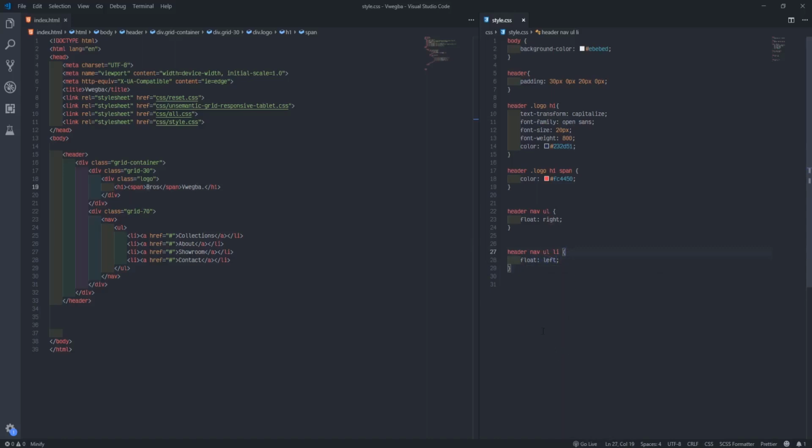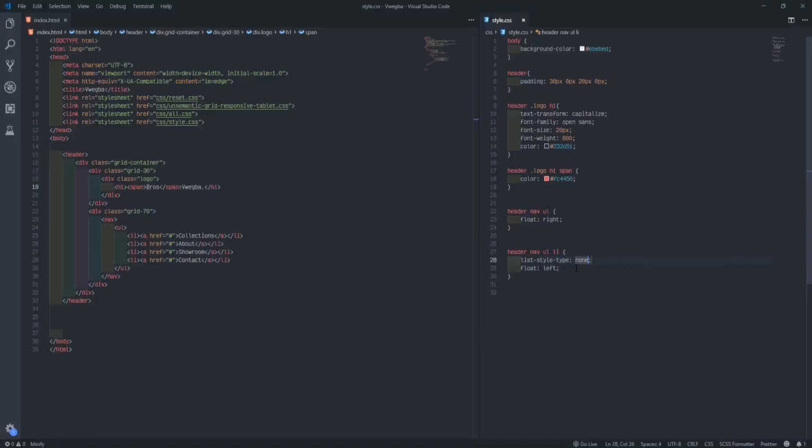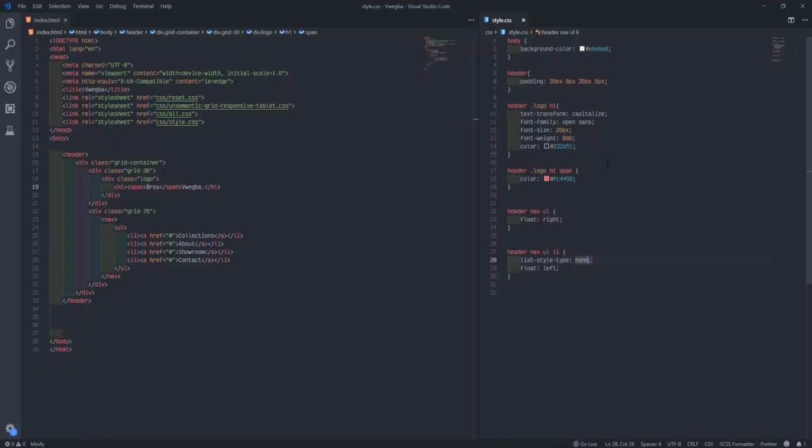Then I refresh. They see we don't get this now. See all these dots where they are now, the bullets, so more come out. So to come out now, I say list style type none. This one say they'll come out now. So we don't come out and then what we need to do, we need to space them. If you see this one now, they get space here. So to space them now, I'll say margin. More use margin. So I'll say margin left.